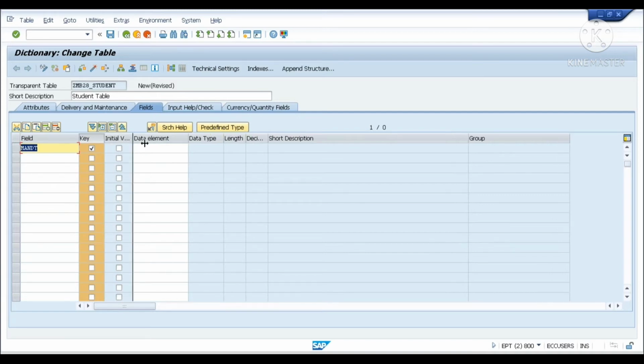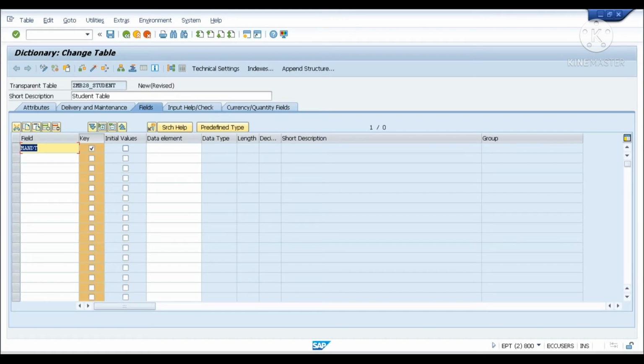Here you can see initial values: do you want to provide the initial value if there is no value in this field? We will see that. For MANDT, the data element will always be MANDT only. We will see what the data element means. A data element is nothing but a kind of data type.